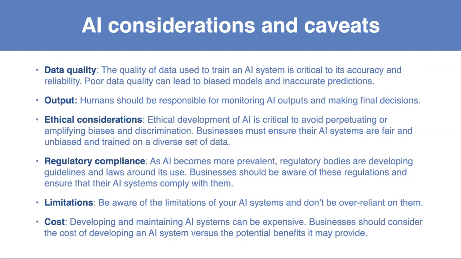Also, ethical considerations. Back to the data: if you're giving it data that's all biased towards one population, then that's what the AI is going to keep thinking it's all about, without understanding the broad range of data we're talking about. Regulatory compliance, that's all changing, and will as the dust settles. And I think it should.